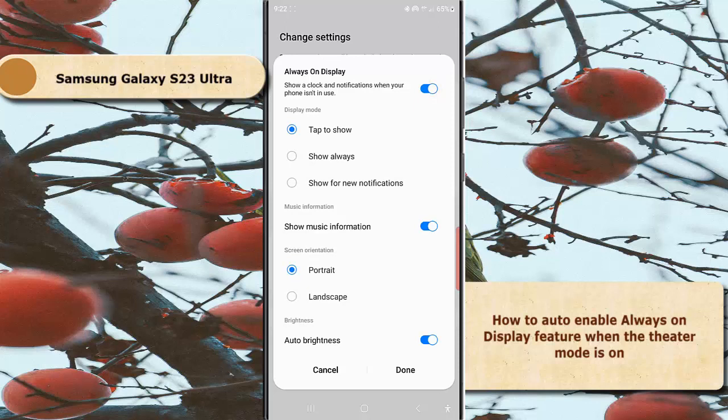When the switch turns blue, it means that this option is on. Here you can customize the setting of the always on display. As an example, you can change its display mode to tap to show or show always, or show for notification. Also, you can enable or disable music information, change the screen rotation to portrait or landscape, and also to enable or disable auto brightness. Once you finish, tap done button